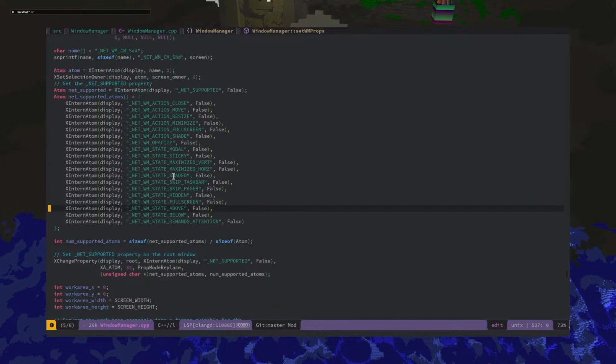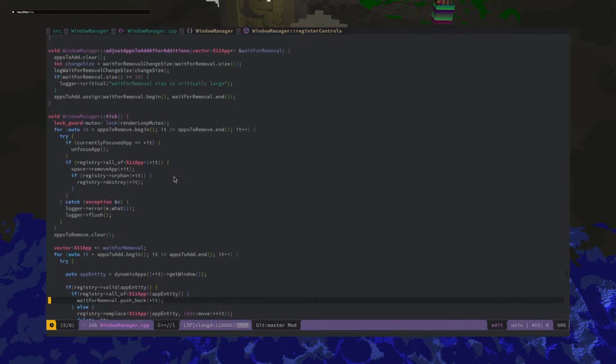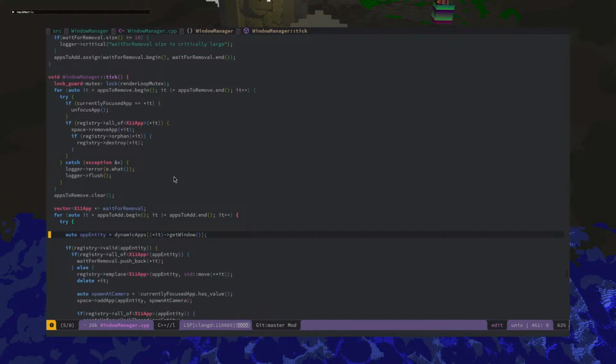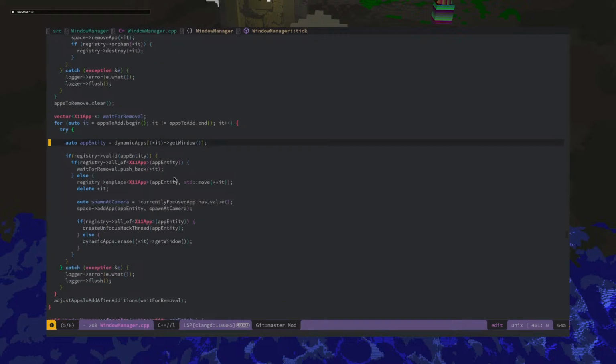So I think the way that I solved this is on window manager tick. So it has apps to remove, apps to add, but no app actions. And so I think this is kind of gross, but I think what needs to happen is I need to have some type of event system in the window manager itself that will just read a resize event or something. It's not great, but